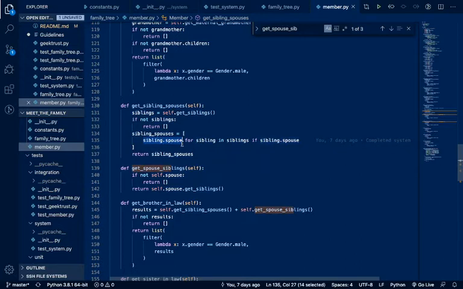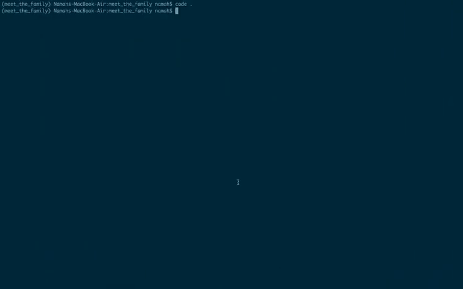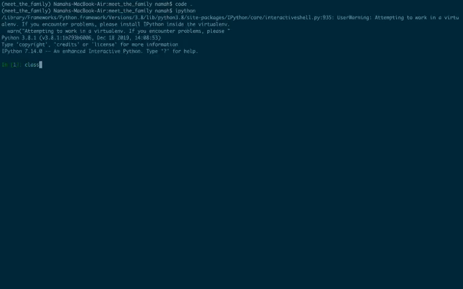I think you already know how list comprehensions work in Python. If not, let me give you a quick demo, so that it's all clear to you guys. So let's create a dummy class called X. Let's have an init method, and the arguments would be name and spouse, so self.name would be name and self.spouse would be spouse. So let's create a member called member1. He's going to be X and the name is going to be name1, and not going to have a spouse.